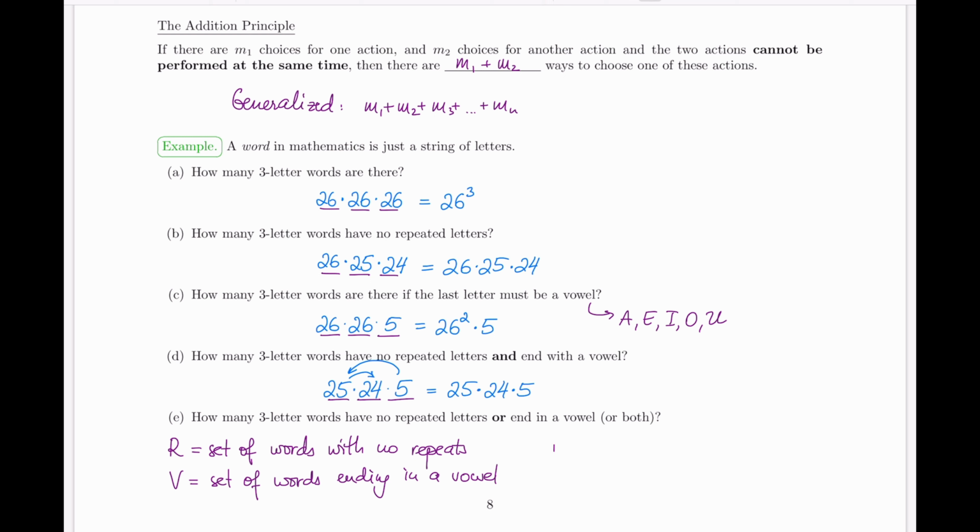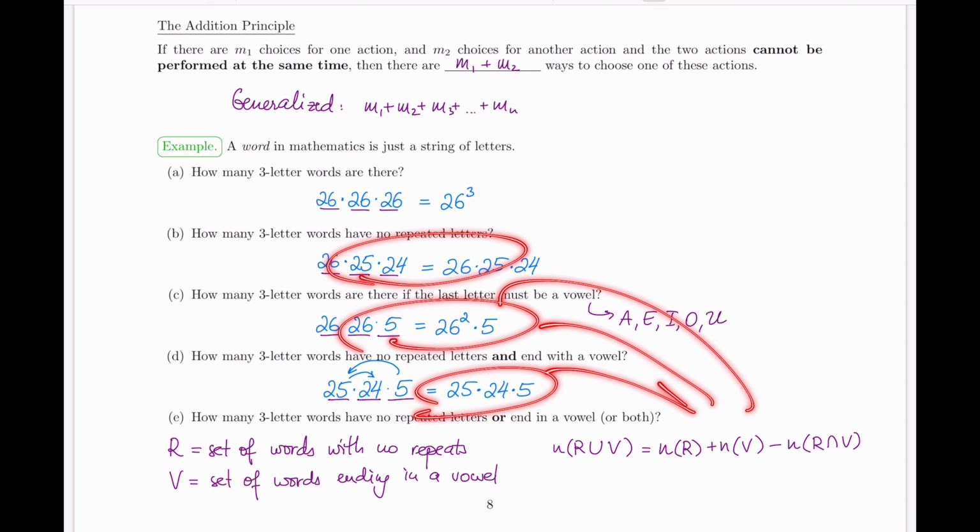What this part of the question is asking is the number of words, so the actual number of elements in the set of repeated letters or, so the union, vowels. Remember that the principle of inclusion-exclusion tells us that this number will be the number of elements in the first set plus the number of elements in the second set minus the number of elements in the intersection. Now, the good news for us is we already have all of those pieces we can feed into